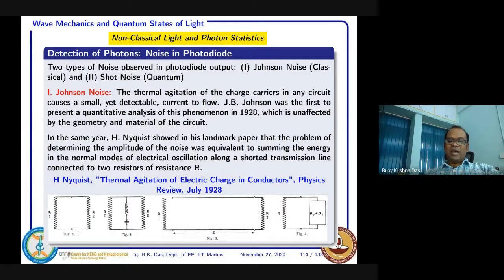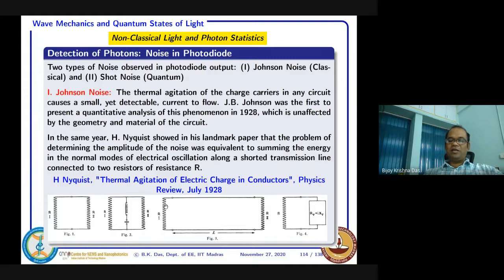Now imagine what is happening. Suppose instead of resistance you short this part. After steady state condition, that means it is going in this direction and it is going in this direction. So you can imagine that this kind of power is going in the forward direction and backward direction. In a transmission line, you can consider some kind of traveling wave in the forward direction and backward direction. Now suddenly, it's a thought experiment.